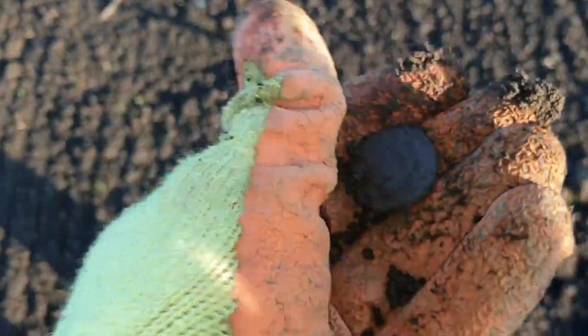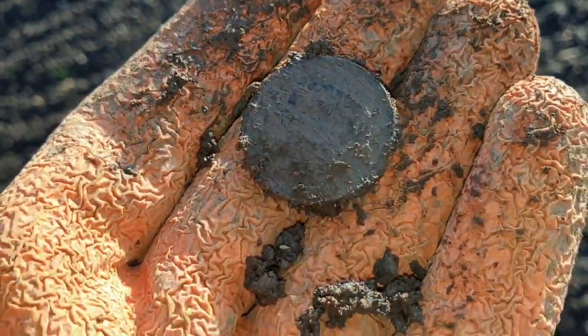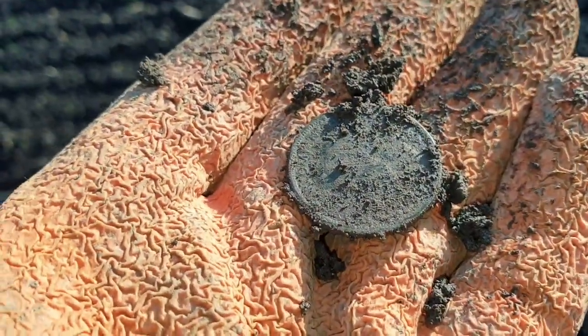Now it's obviously filthy. Really, really dirty one, this one. Let's get it around in the light for you for now. Right, we'll get the spray bottle out, see if we can clean it up, see if we can work out what it is. I mean, it looks very coinish to me, so...